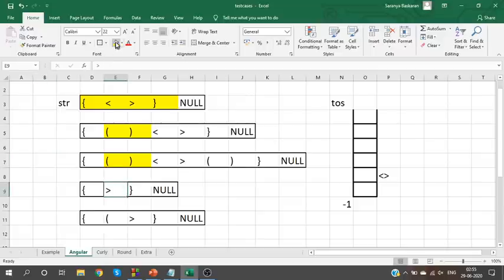Consider this test case. I have a close bracket, right? We have a close bracket here. So if I start from the first, 0th index, we have an open bracket. Open bracket will be pushed, and then we have a close bracket. We will pop this open bracket, right? So now what is our pair? Open curly bracket and close angular bracket will be our pair. Is this a balanced pair? No, it is not a balanced pair. So for a close angular bracket, what should be present as top of stack? Open angular bracket should be present as top of stack.